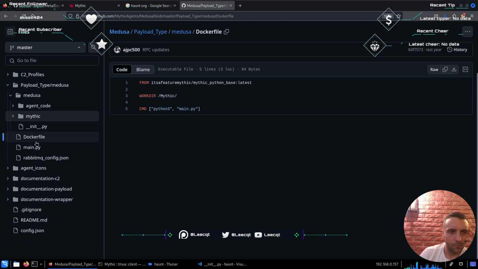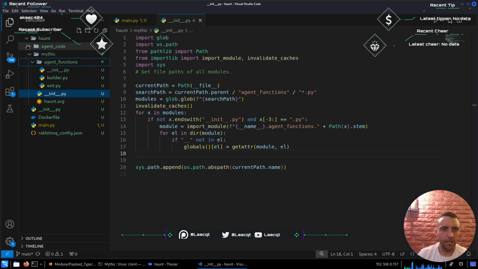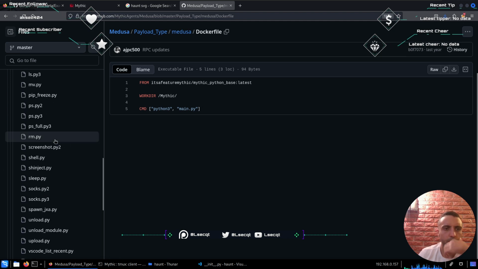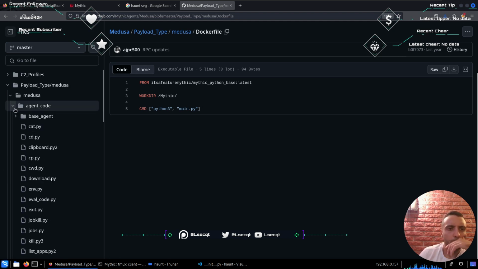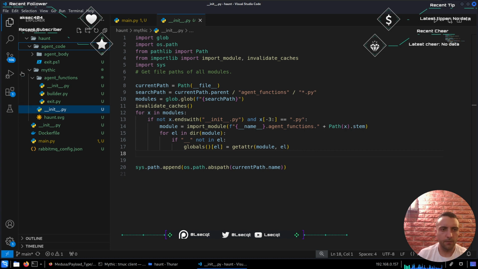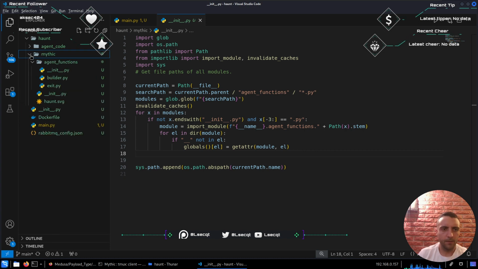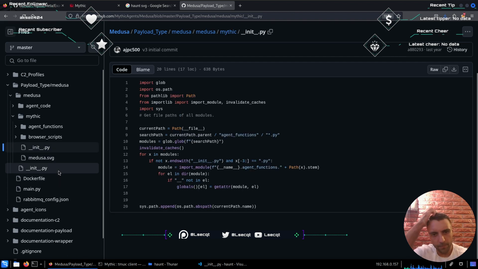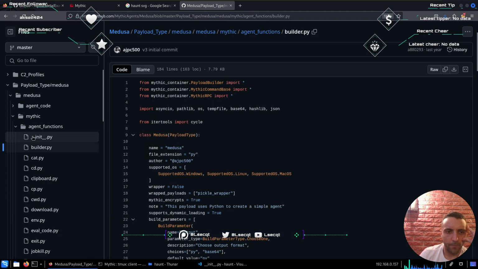That's inside the Medusa itself. So the main.py and the Docker file are there. We have the agent code, which is here. That's obvious. Then we have Mythic. And inside Mythic, you have agent functions, browser scripts if we have any, and also images.py and init.py. So now it should work, but now if we go to the builder.py,